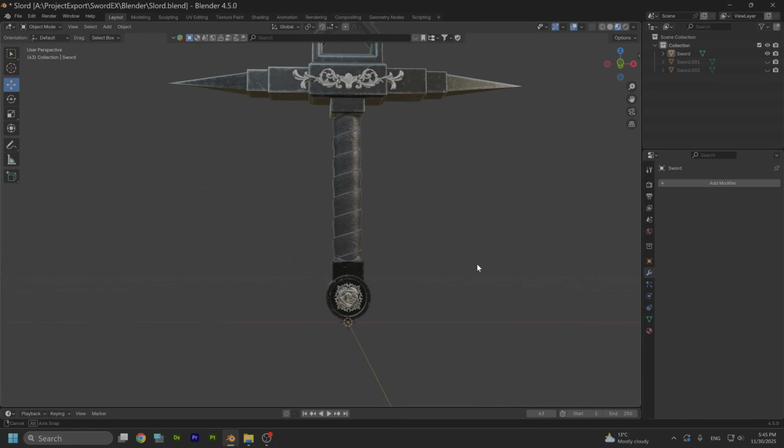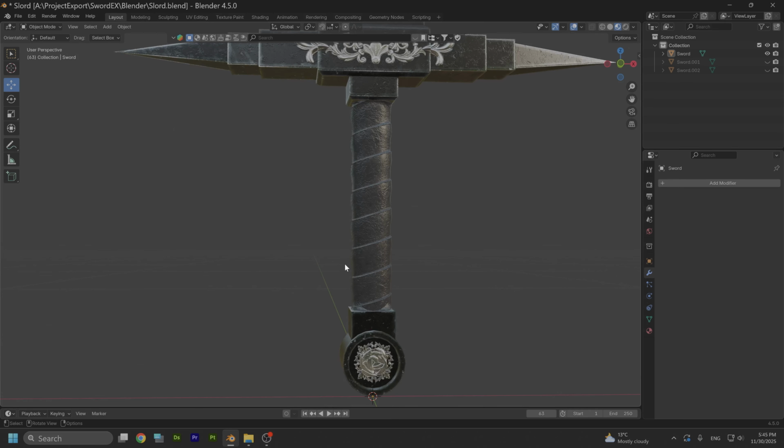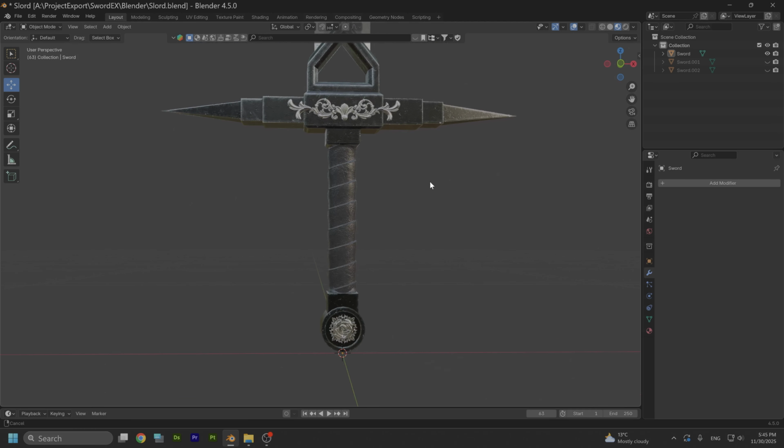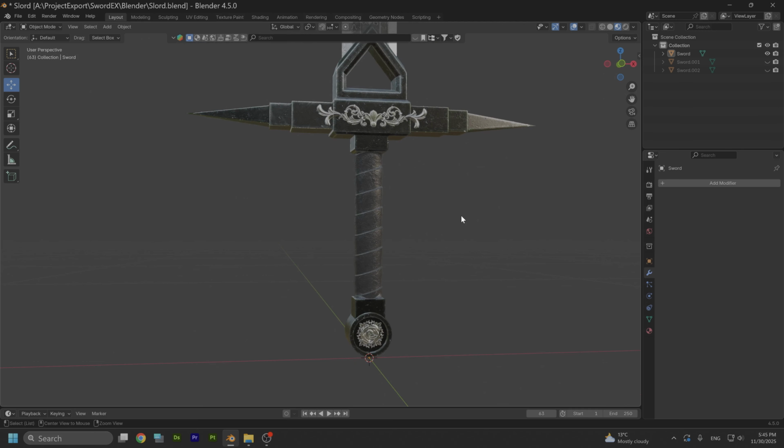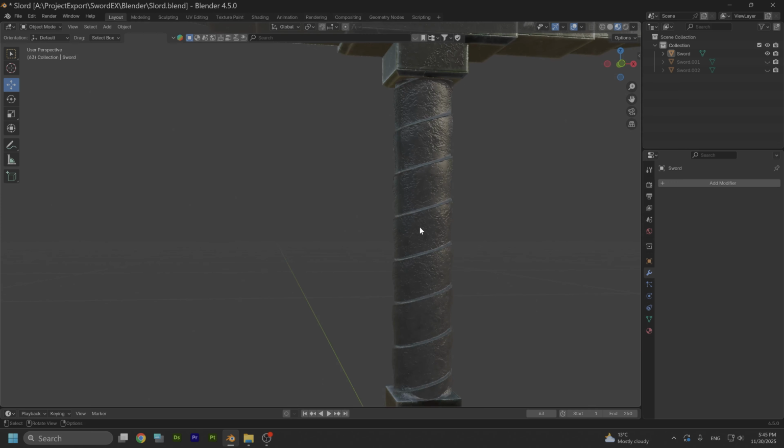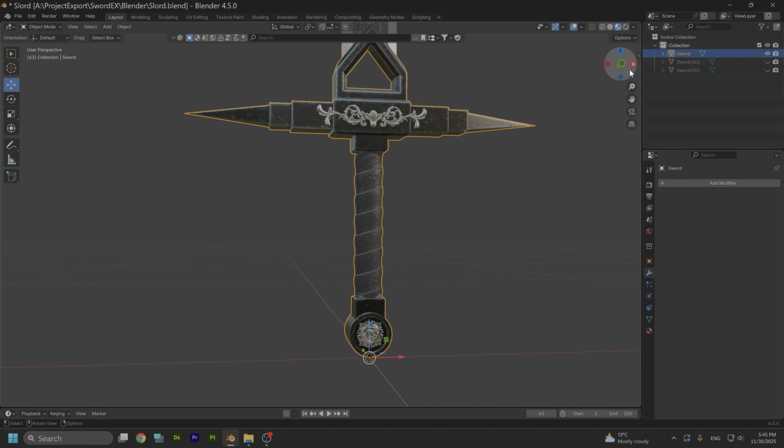This time I want to show you how you can create different types of leather straps for your handle if you're creating some kind of sword. So let's begin. So first I want to